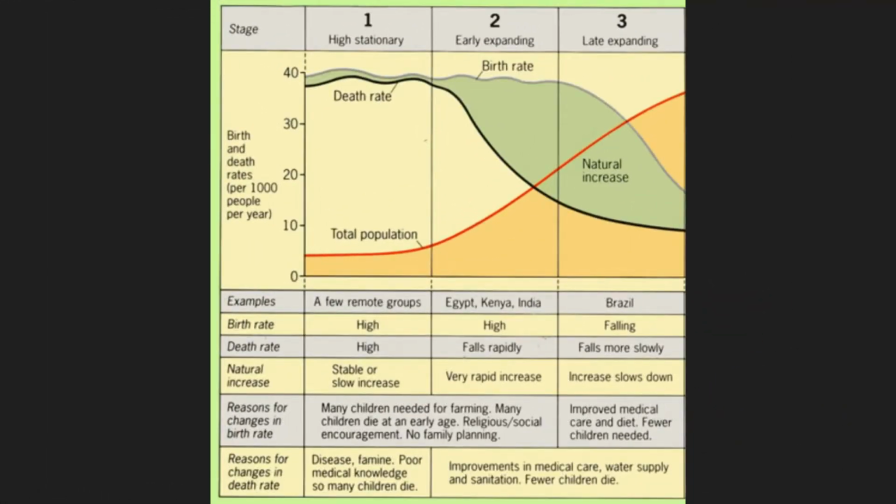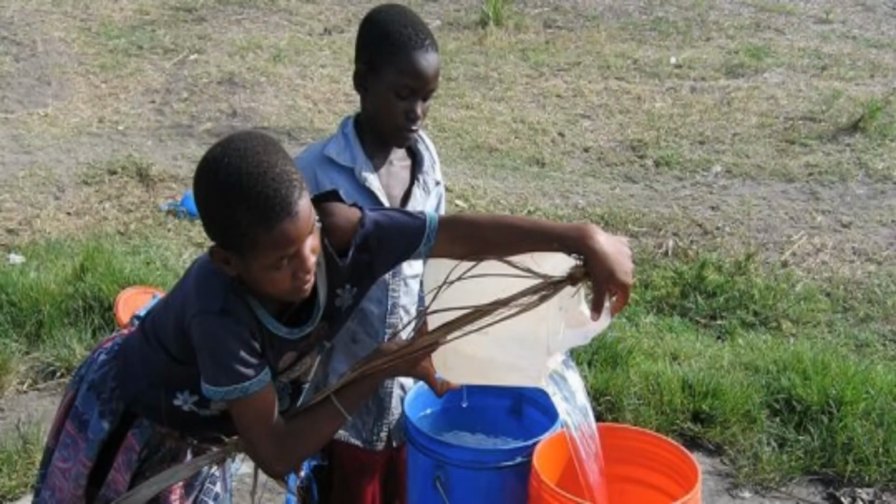In the third stage, the death rate is going to start to plateau, but it's still going to be decreasing, and those biggest reasons would be improvements in medical care. The biggest factor here would be minor diseases that we consider today, like smallpox or measles or mumps. Those are not going to be causing rapid deaths like they were in stage 1 and stage 2. And then again, that consistent water supply and just basic sanitation, that's just going to bring that life expectancy up about